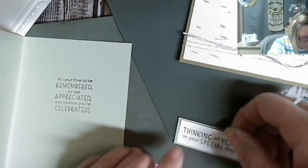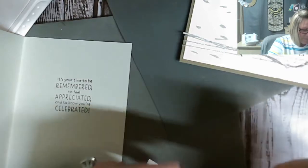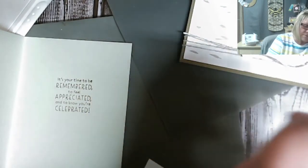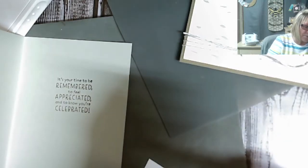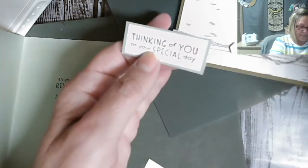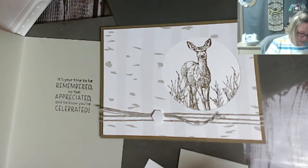And yeah, I'm going to cut this down a little sliver. There we go. And there we are. That one's just a little bit crooked. Okay, got it. All right, let's put a couple more dimensionals on here because I've got one kind of in